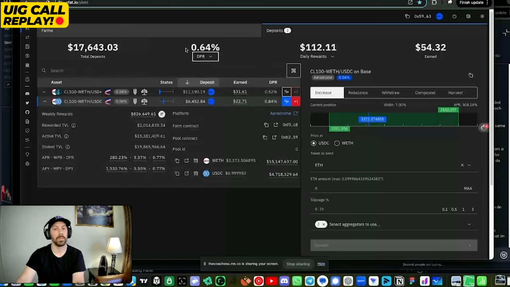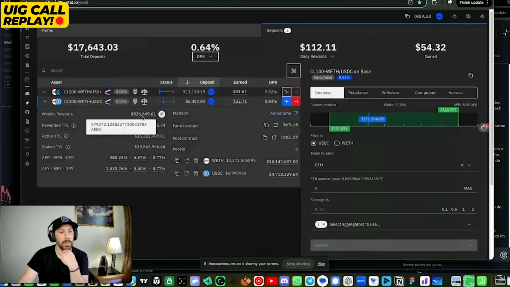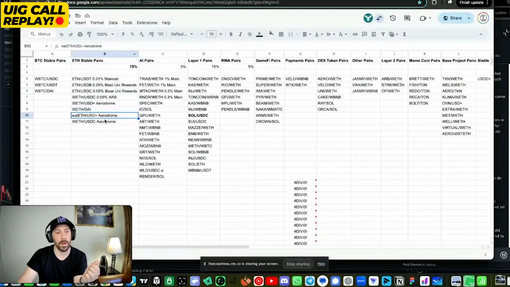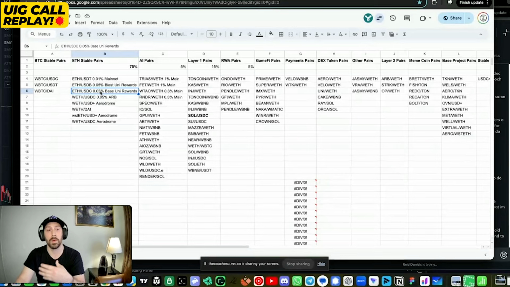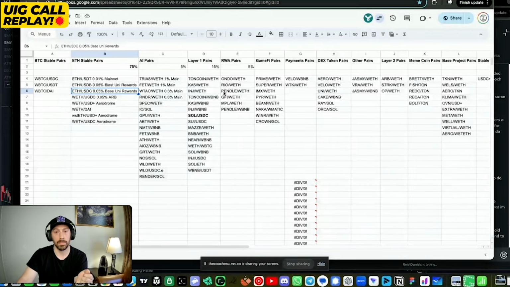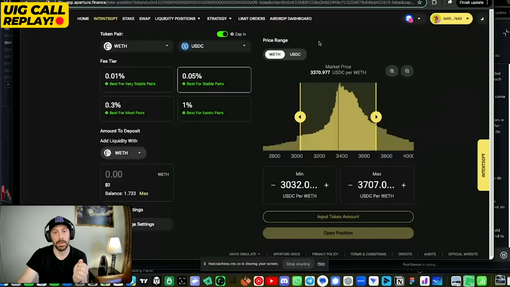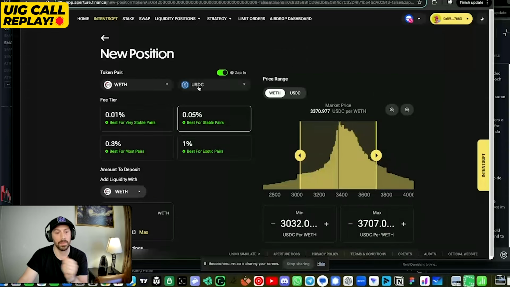Because of the mechanics on Aerodrome, and because we're competing with other LPs for this pool of AERO rewards, I want to diversify my exposure to ETH stablecoin pairs away from just Aerodrome. I also want to have some exposure to Uniswap and be a market maker, actively earning trading fees. So I'm going to go through right now live how I would enter a new position in wrapped ETH USDC at the 0.05% fee tier on Uniswap on the Base chain. There's a couple of ways that you could enter. You could either